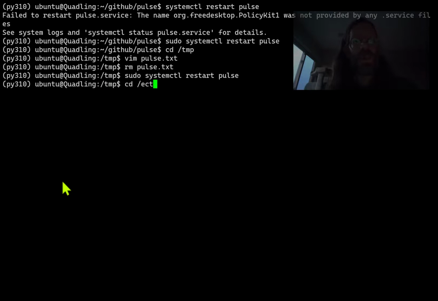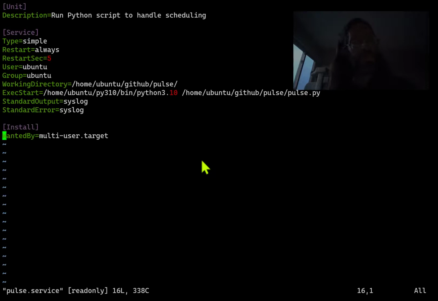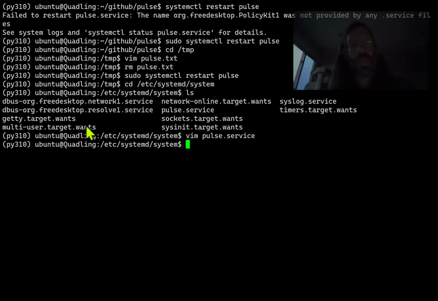cd /etc, just as a reminder, etc/systemd/system, and in here you've got a list of services. Clearly the practice is to symbolic link things in here, and there's also these directories that are going on here. So by just dropping a file in there, it's probably not the most kosher way to do it, but it gets the job done. Oh yeah, this doesn't show how I wrote it. This shows how I activate it, how I make sure it gets run. So to see how I wrote it, that's